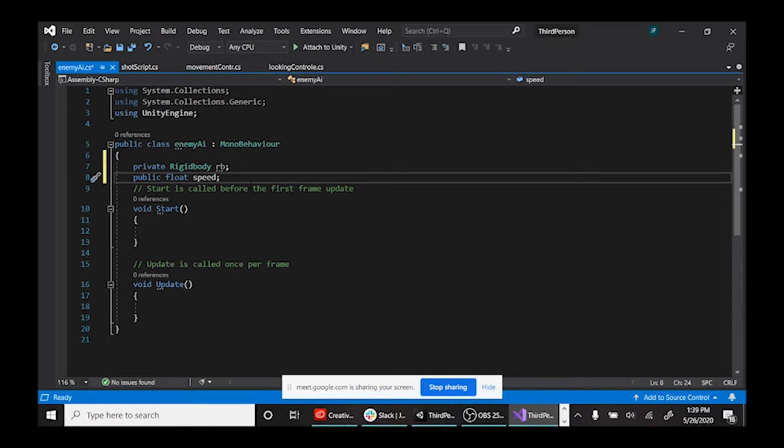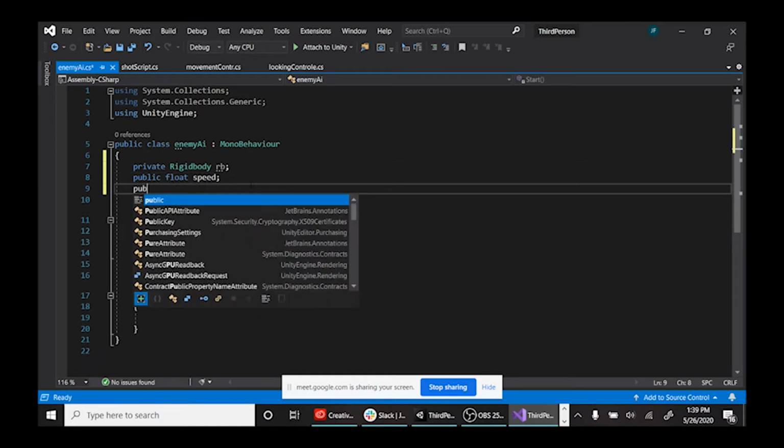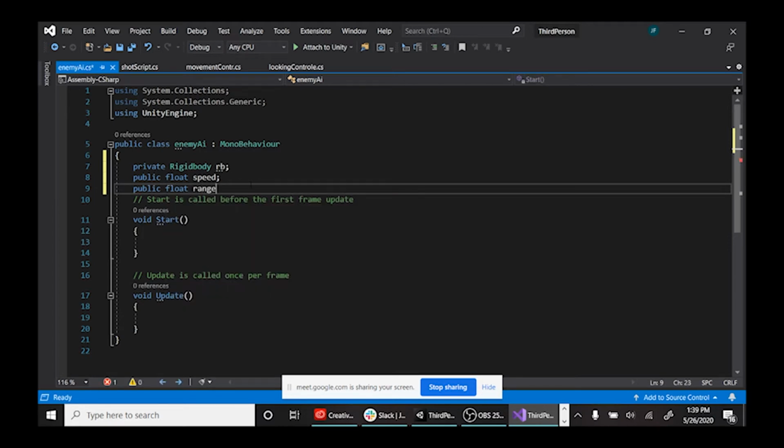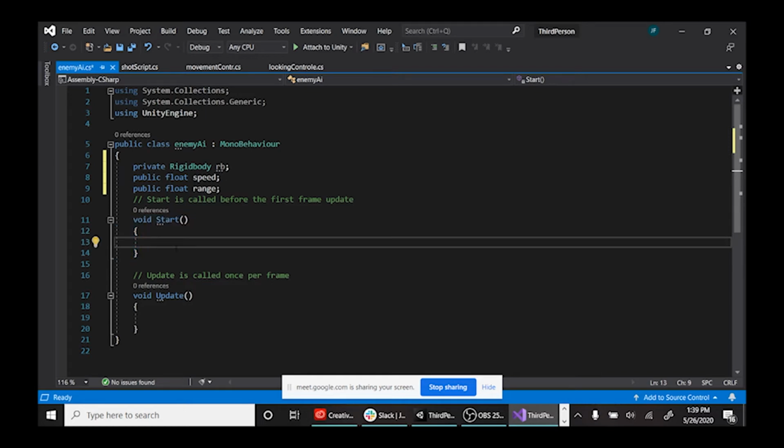Now that we have our speed, we're going to want really one more variable, and that's going to be our range. So we'll do another public variable, and we'll also make this a float, and we'll just name it range. Range is going to dictate how far away our enemy will look. Speed is going to dictate how fast they will move, and rigid body is just going to help us in our code. So now, in order to get our rigid body really working, we're going to move into our start here. And in here, we're going to type in RB